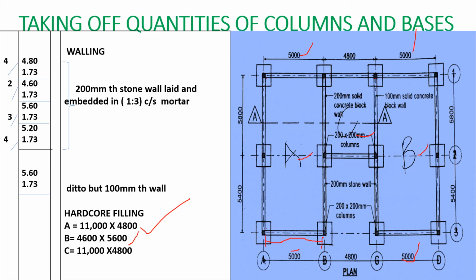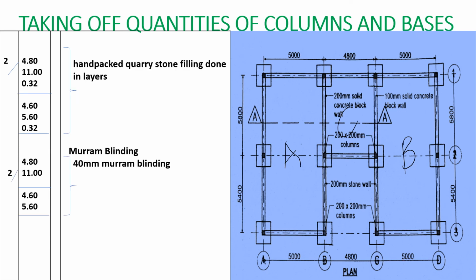And then the C one is the B, the last one is going to be the same as the first one. So we book that one. The depth of article was 320 millimeters. So we have 4.80, 11.00 by 0.28 by 2. This one and this one. And then 4.6 by 5.6 by 0.32. There's a hand packed quarry stone filling done in layers. And then we go to the maram blinding. So maram has the same measurement as hardcore. So we only book the length and width, and then we mention the depth. So we book the length 4.80 by 11.00 by 2, 4.60 by 5.6, and then we say 40 millimeters maram